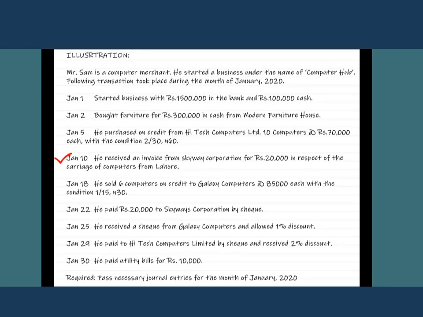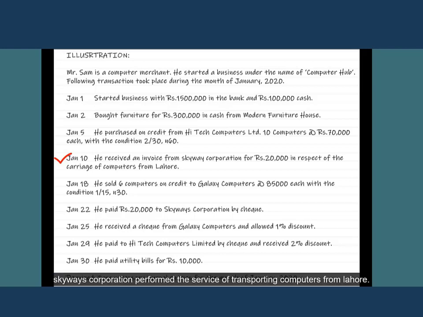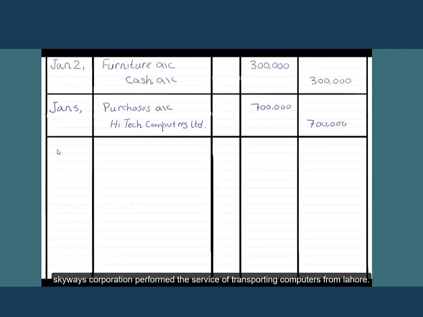On January 10, Mr. Sam received an invoice of rupees 20,000 for carriage inward from Skyways Corporation. Skyways Corporation performed the service of transporting computers from Lahore. This transaction is treated as a carriage inward. Carriage inward is an expense for the business, so the journal entry would be